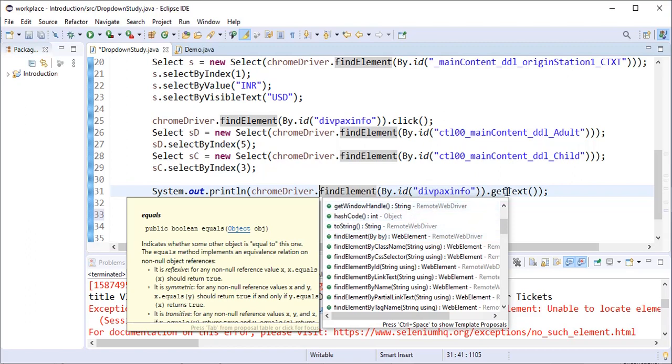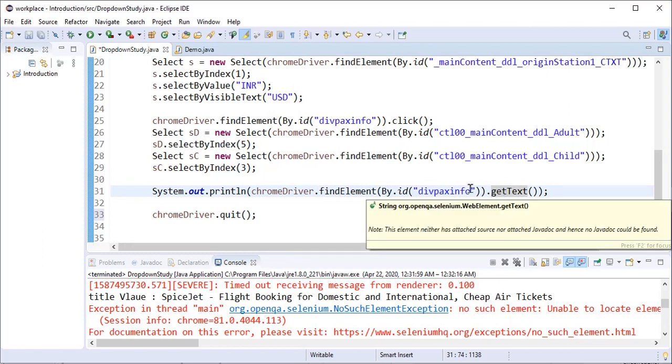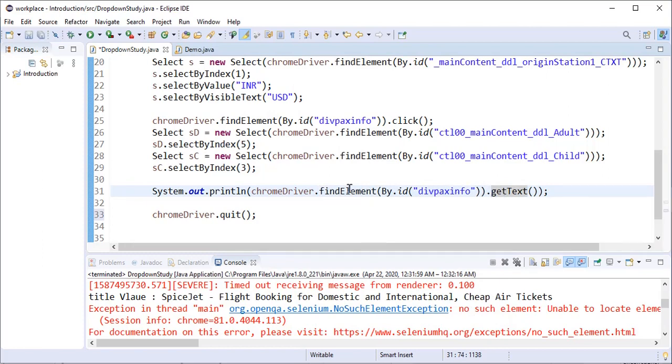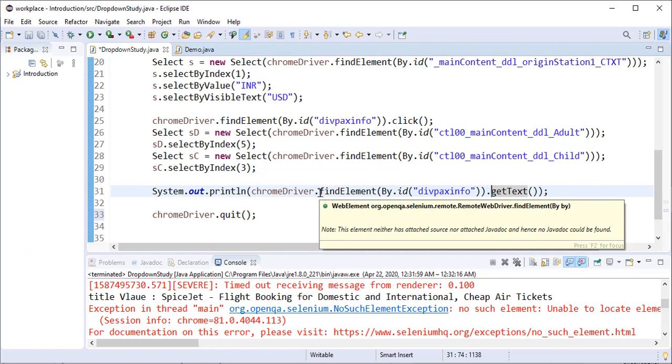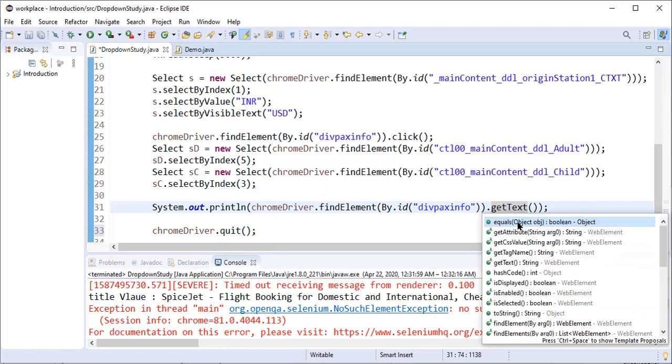So we have a get text method. So what will this get text method do? The web element is supported with the get text. It will return the text inside the web element. Okay, so get text return type will be,